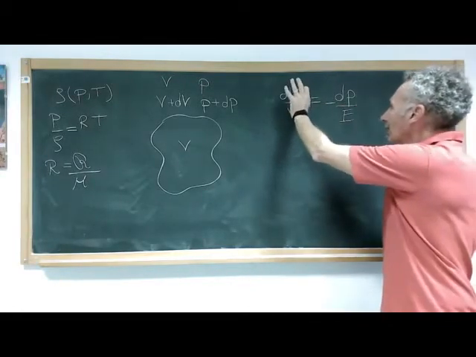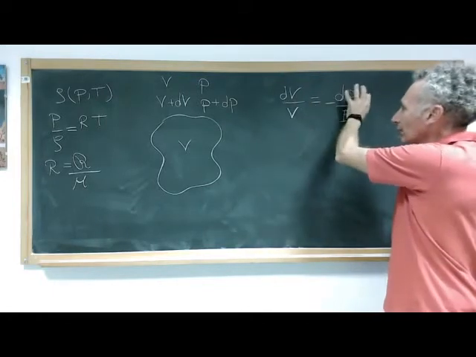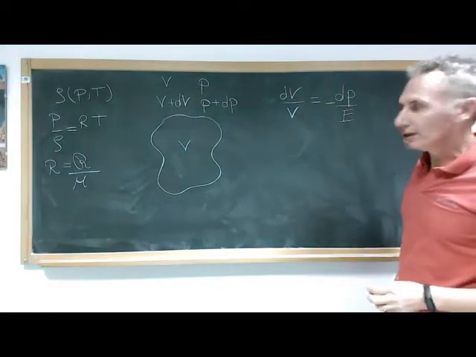Then if we want a negative quantity to be equal to another negative quantity with E positive, then we must